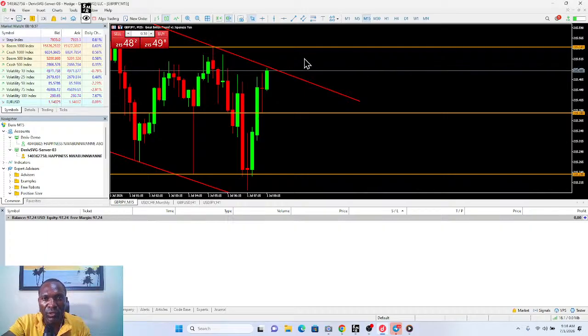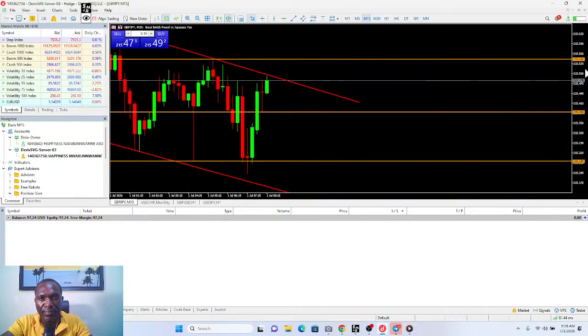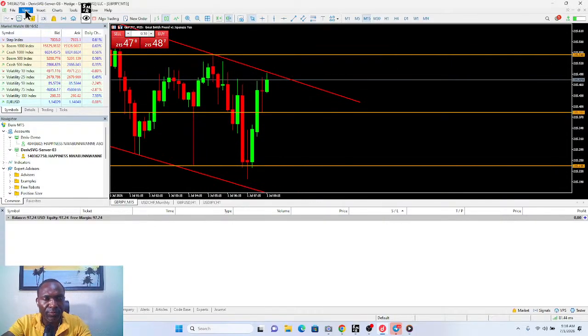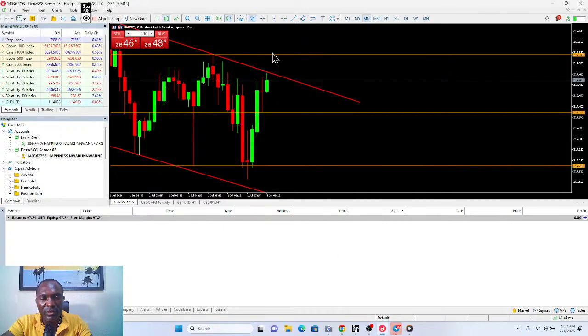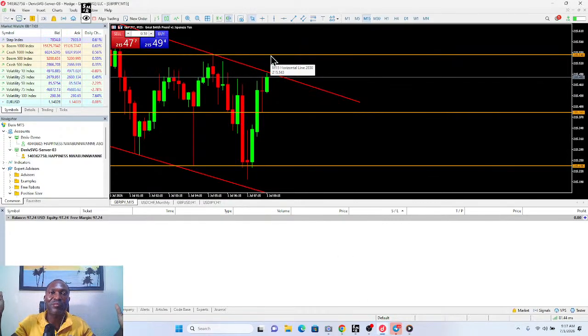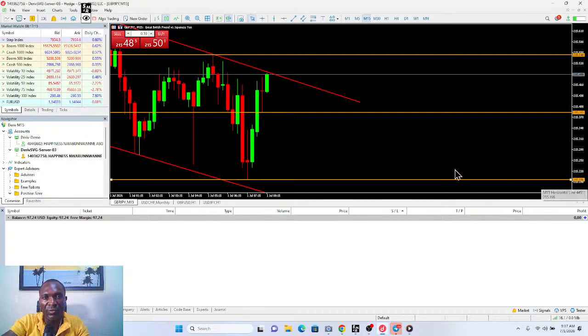Okay, good. We are not going to sell because right on the 15 minutes, this is where we waited for the trade. Let me make it big. Okay, this is where we map out to take the trade. But we went against that. It's now low.